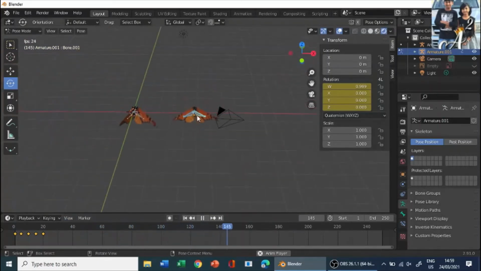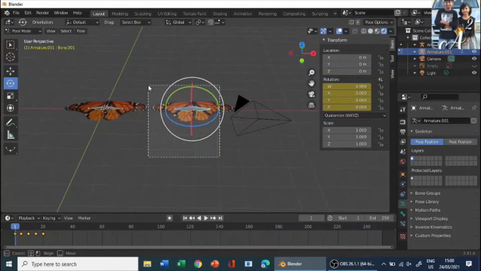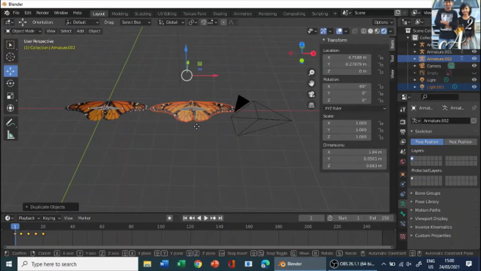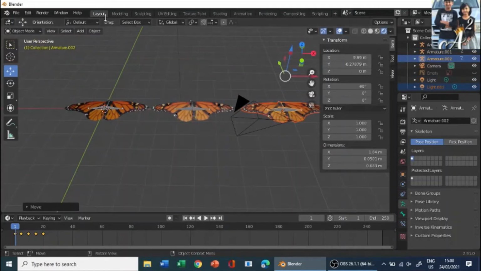So let's make three butterflies like this: one very fast, one medium speed, and one a little faster than the other. So go to object mode, select all these, Shift D and left click to confirm, and G on the X axis and move it to that side.